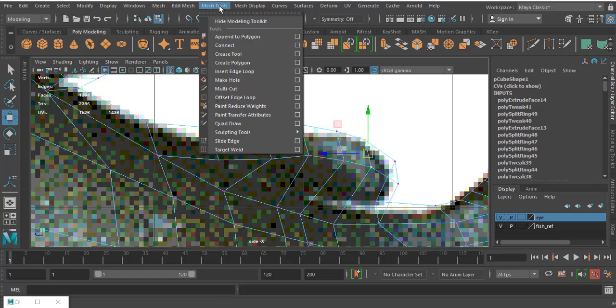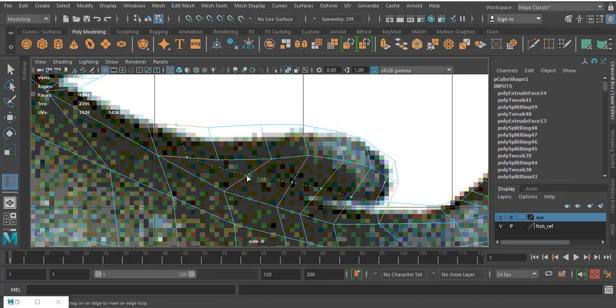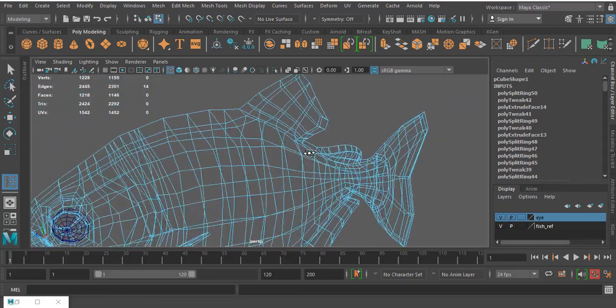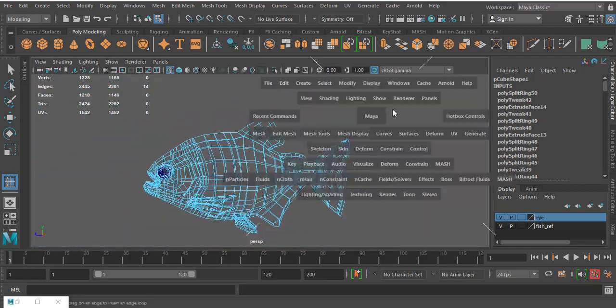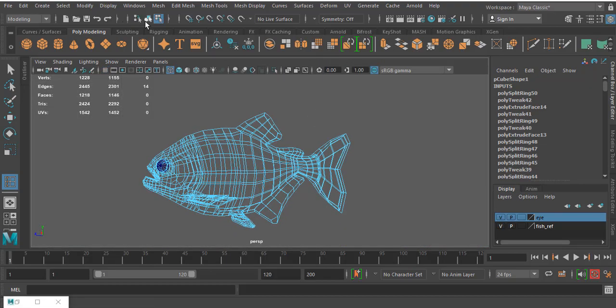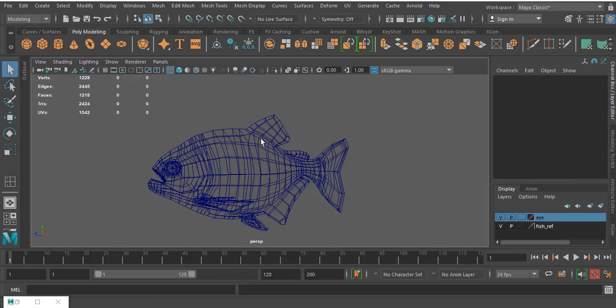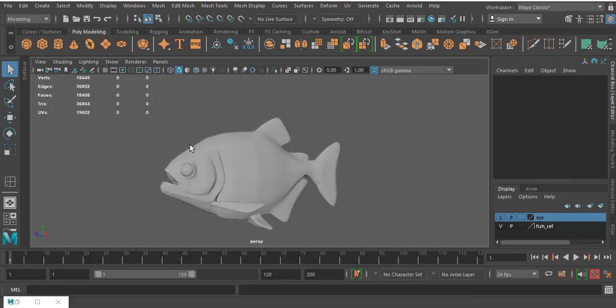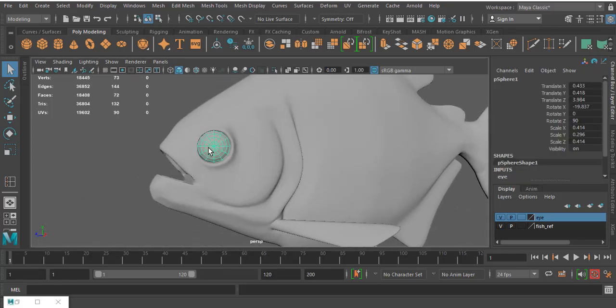Okay, you can add one more insert loop here. So if you press the smooth option, okay, I forgot to add this eye over here.